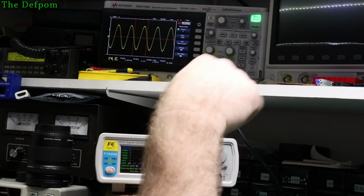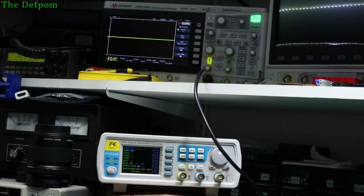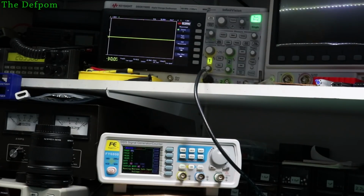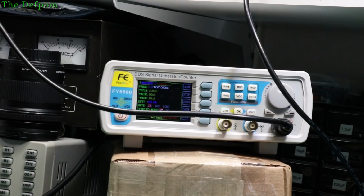And the frequency counter, we haven't looked at it yet. Let's try it out. Now I've got my rubidium already turned on, and that should be locked. Yes, it is. So I'll chuck a precise 10 MHz frequency into it. With a precise 10 MHz reference from a rubidium, we'll set